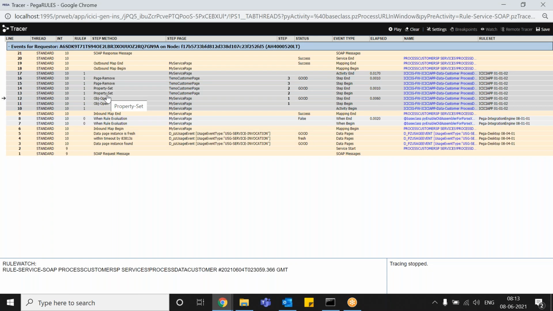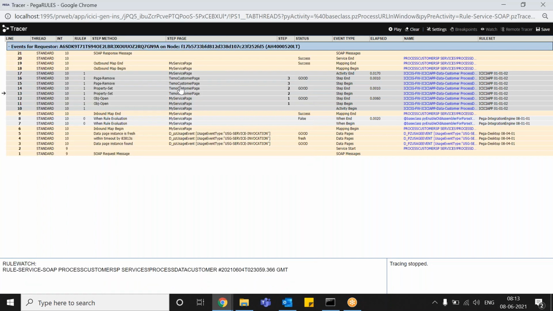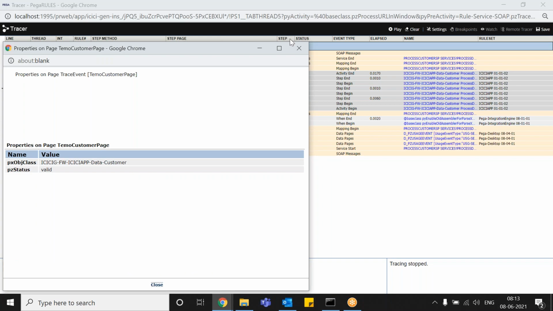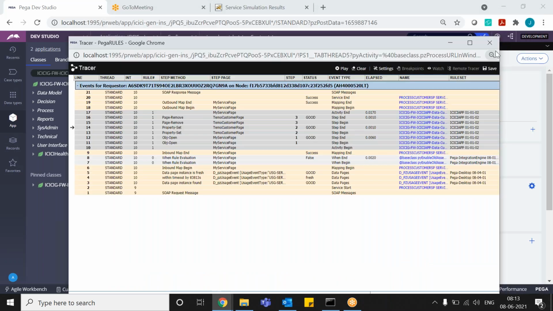Now property set. Okay, temp customer page. What is this temp customer page? Open that. Here it is not setting properly. After OBJ open, what is happening in this activity?